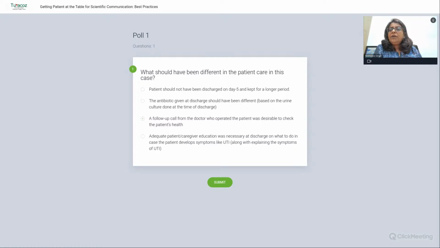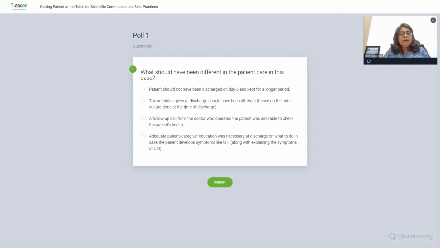Technology-wise, we have become so advanced now. The surgery which was conducted on her was robotic, and they told me everything about the physics and why it is important. This is precision surgery, that is why we are doing it. And obviously the costs and everything are much higher than any regular surgery. But the problem it led to was something very simple, very easy to manage, very easy to control. And if the patient had known that this was going to happen after her surgery, she would have been better prepared for it.